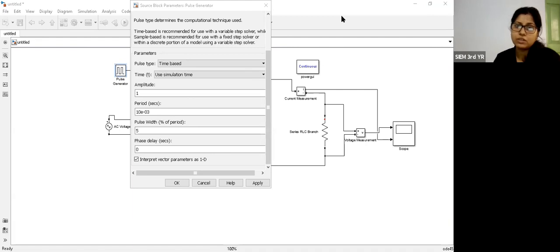Write in the chat box. Very easy calculation. 180 degree is equal to 10 millisecond, meaning the first half is 10 millisecond. So what will the time period be for 30 degree? 1 degree means 10 millisecond divided by 180. So 30 degree means 10 millisecond into 30 divided by 180. Simple mathematical calculation. Use your calculator and calculate the firing angle or the phase delay for the first thyristor and the first arm.